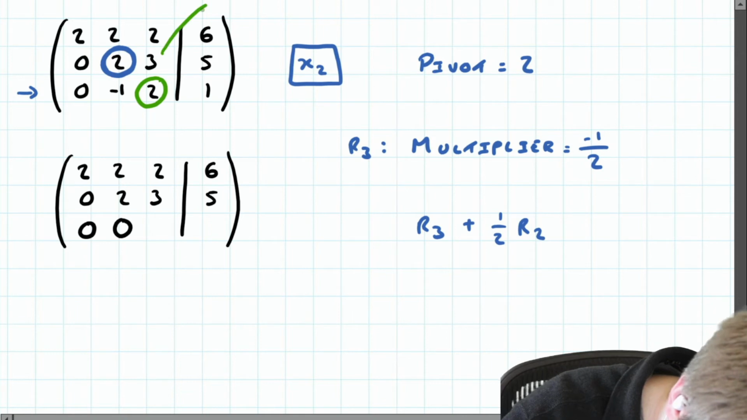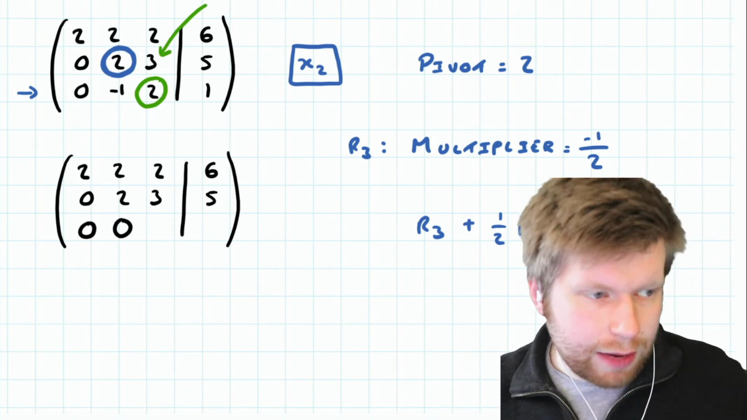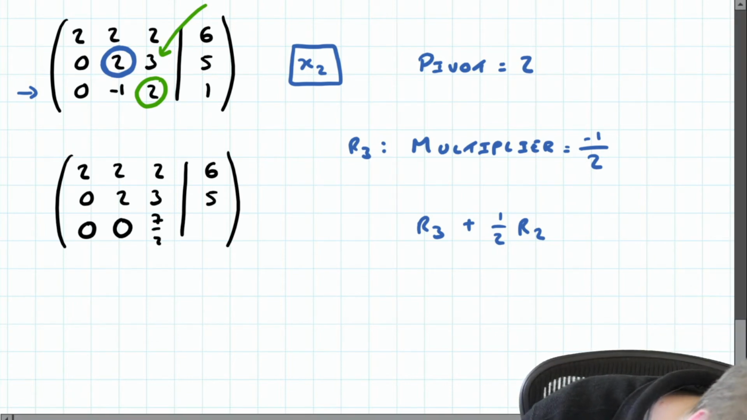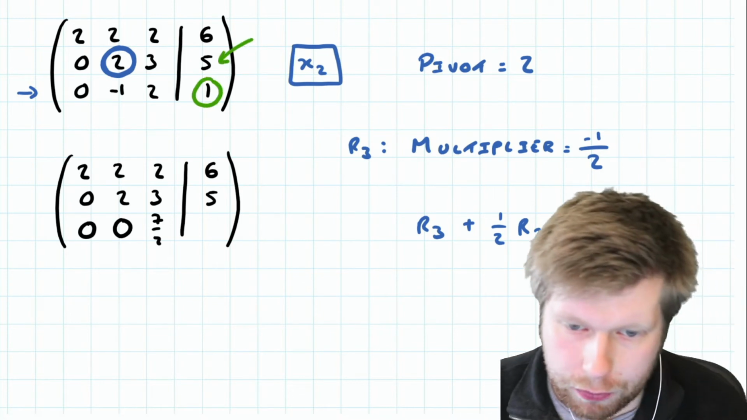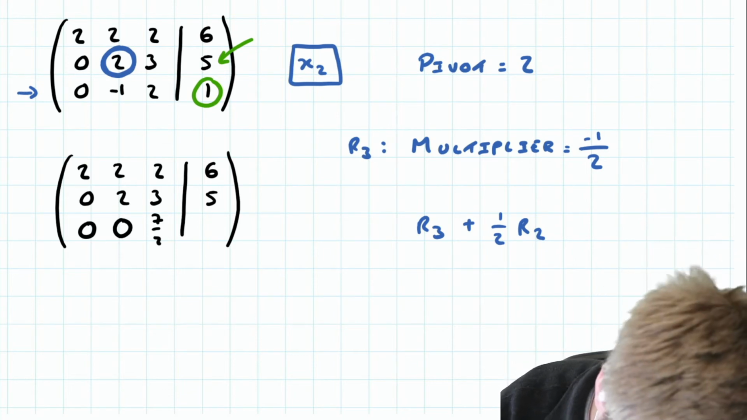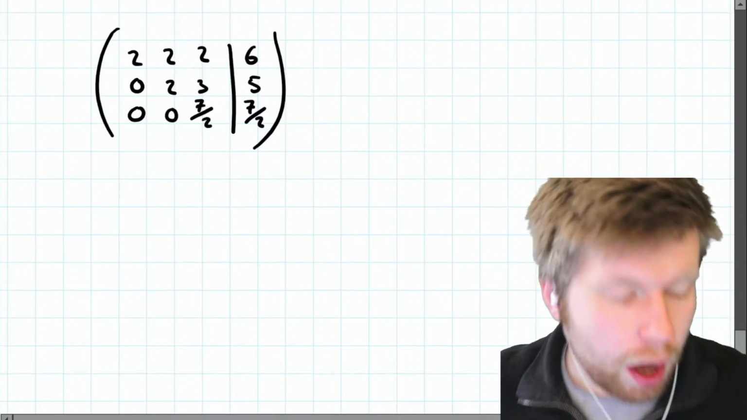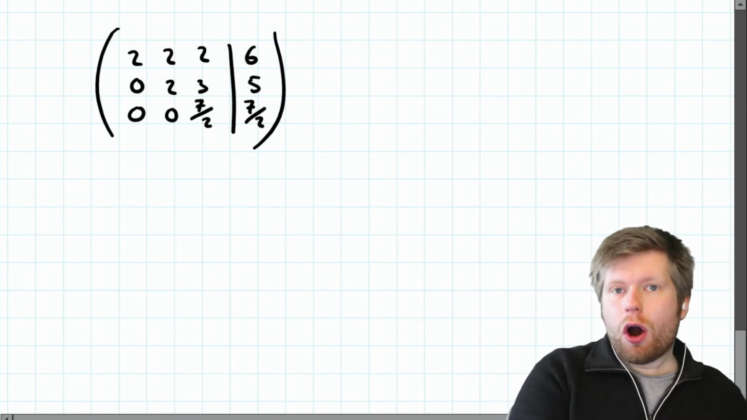So 2 plus a half of 3 is going to be equal to 7/2. So let's fill that in, 7/2. And let's move across to the last one, which will be 1 plus a half of 5. So 1 plus a half of 5 is going to give me 7/2 again. Okay, so in other words, this is the matrix which I formed at the end of my second step